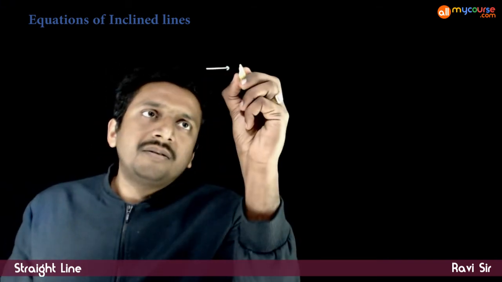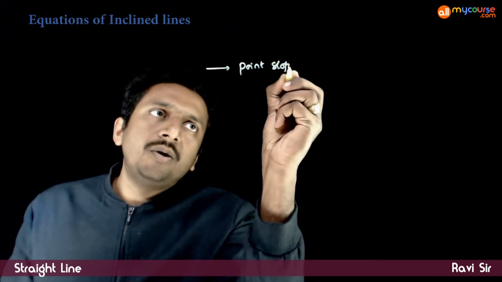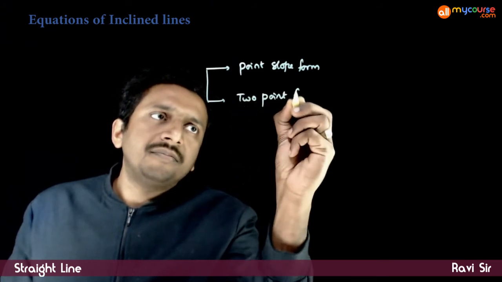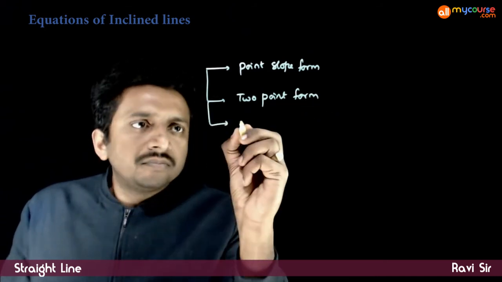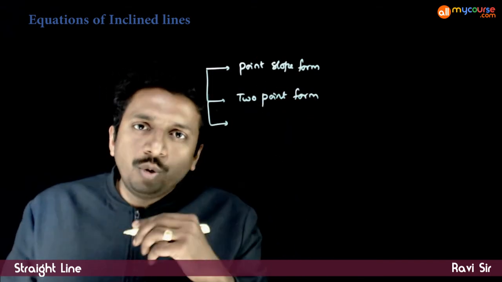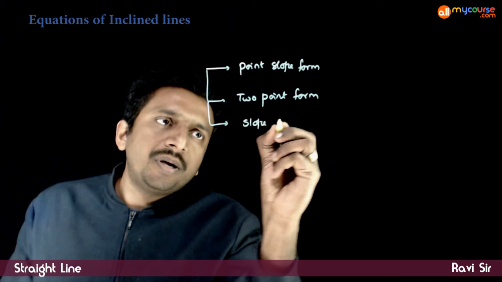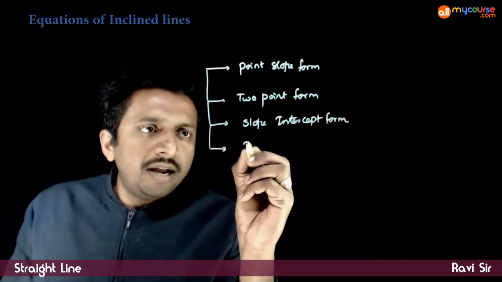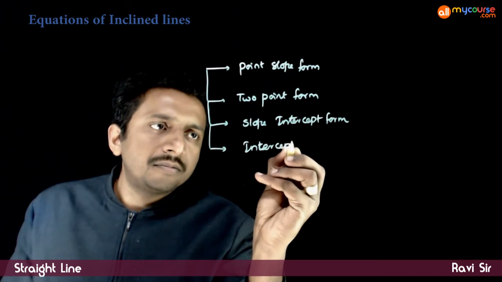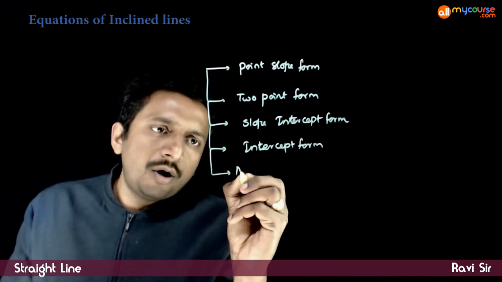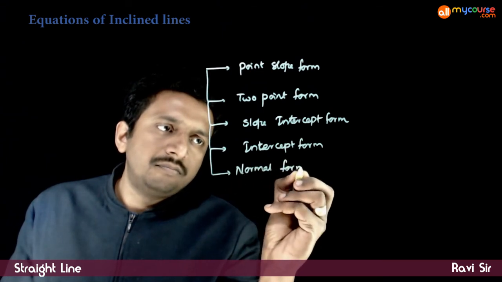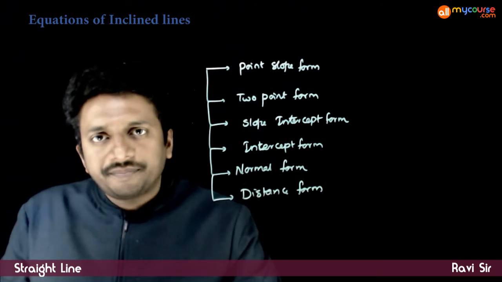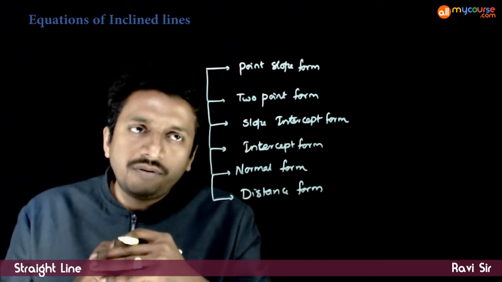So the forms are: first, point slope form of a line, 2-point form of a line, slope intercept form, normal form, and distance form of a line. So these are 6 standard forms of equations of lines